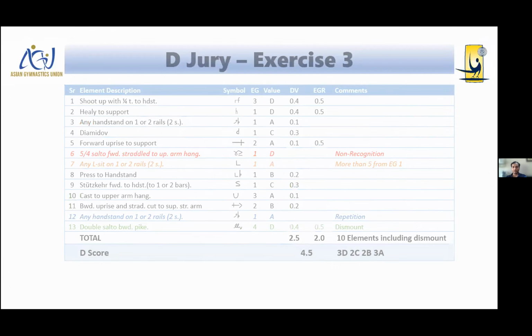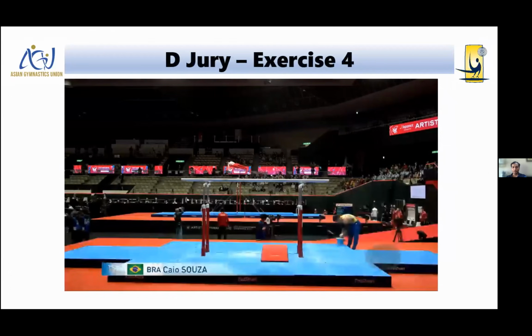Yeah, moving on to the next fourth D exercise. Be careful here. There is a tricky routine.